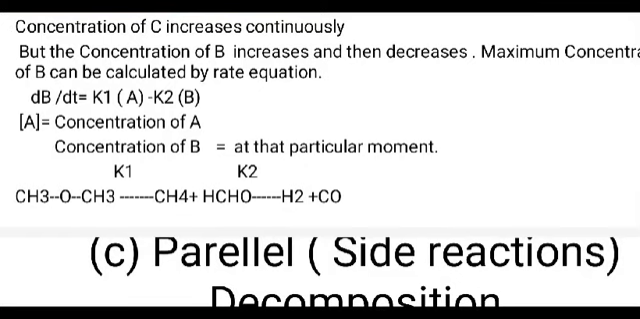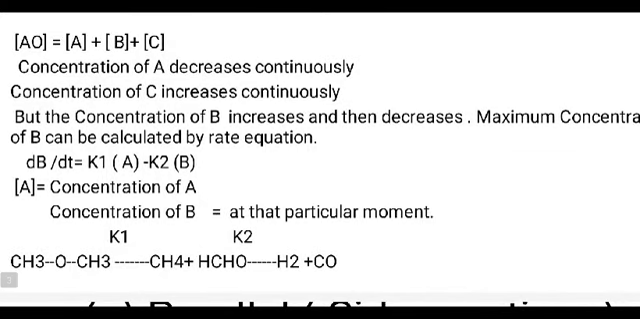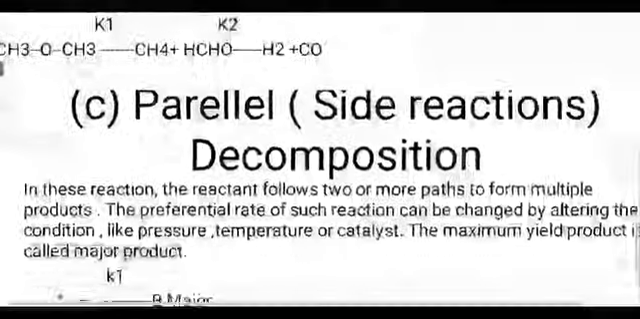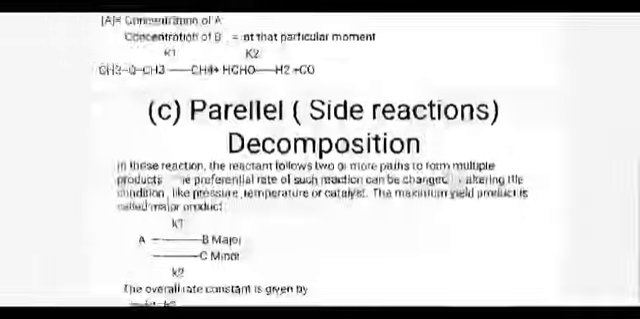For example, CH3OCH3 K1 equal to CH3 plus HCH3 K2 H2 plus CO. This is the second example of reaction. Parallel side reaction,